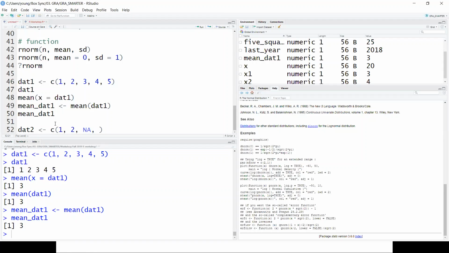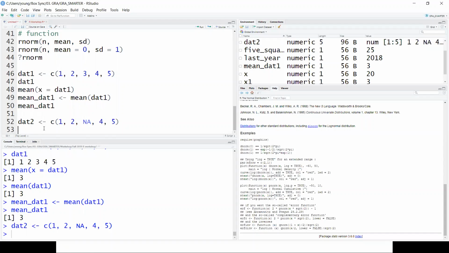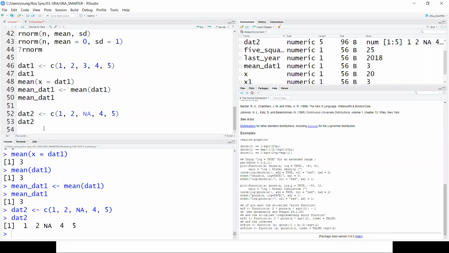If we type NA here, R understands this NA as missing. So you can see the color is a little different, right? Blue or something. So let's make data2 like this. If we call data2, NA is going to pop up. This is not a character NA, but just missing data here.